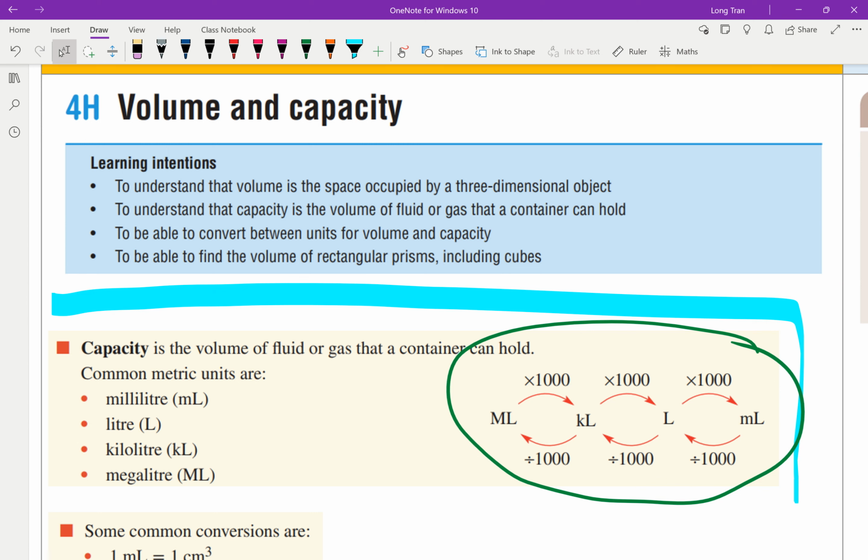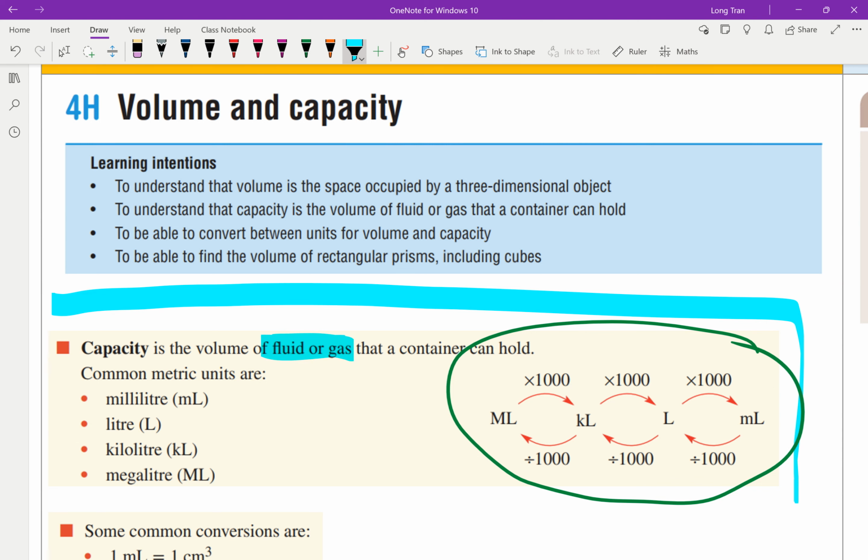So, Michael said that volume is the space, okay? And we measure that with our metric system, meaning your cms, your meters, your kilometers. That's our metric system, right? When we're talking about volume, that's what we're measuring. Capacity, on the other hand, specifically deals with the volume or capacity or the space where it holds fluid and